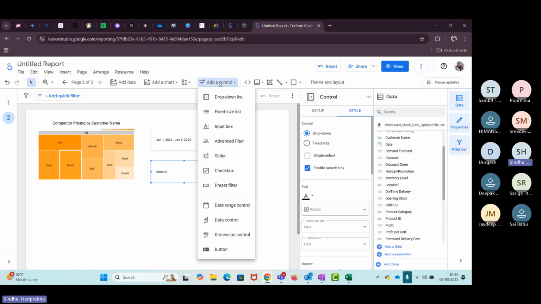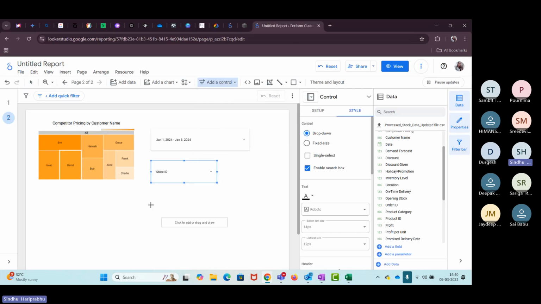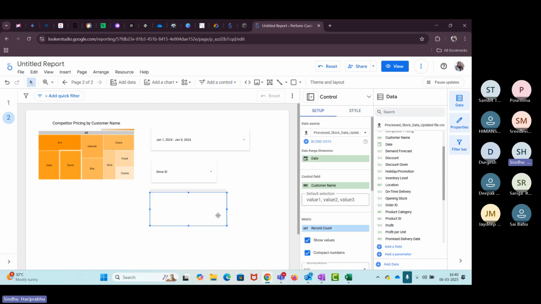So click on add a control, drop down list, generate a drop down box, and in customer name click on location. So it will display the location for you. See? West, and what is the count in west location, south, north, east.